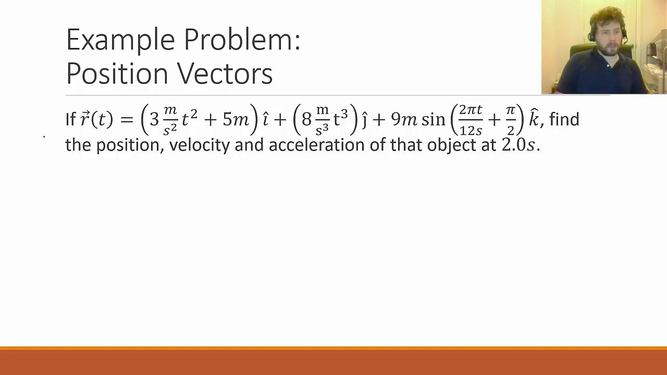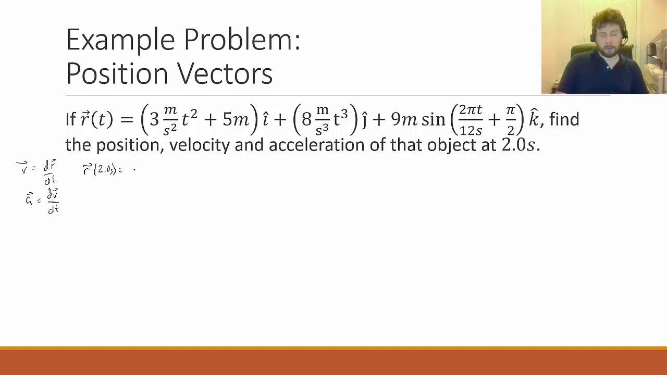Now, the key relationship here in general is that the velocity vector is the derivative of the position vector with respect to time, and the acceleration vector is the derivative of the velocity vector with respect to time. But you're probably not familiar with taking derivatives of vectors, so I'm going to show you explicitly how to do that. Now, the position at 2 seconds